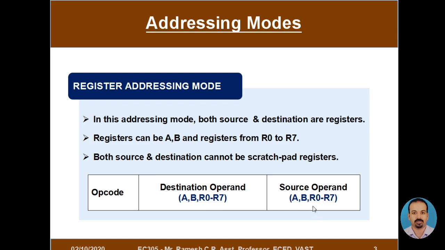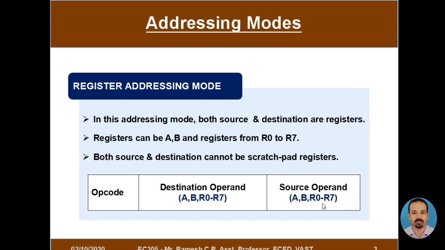Okay, so the fact is that there is a limitation. Even though we write this in the general manner, there is a limitation that the destination operand as well as the source operand cannot both be scratch pad registers, that is R0 to R7. That is, I cannot write an opcode followed by R0 comma R0, or R0 comma R1. So in this case, both the operands, that is the destination register and the source register, are scratch pad